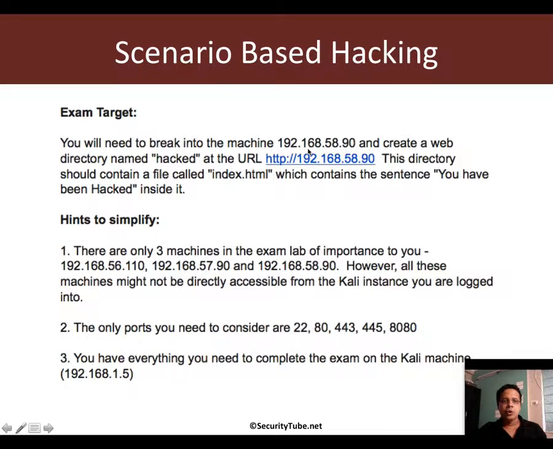And pretty much all one has to do in this specific exam was to break into a machine with the IP address 192.168.58.90 and create a web directory hacked at the root URL. And inside that put an index.html which contains the sentence "you've been hacked," right? Now we also at times give a couple of hints to simplify, and really I wouldn't call it simplify. I would pretty much say, in the interest of time,